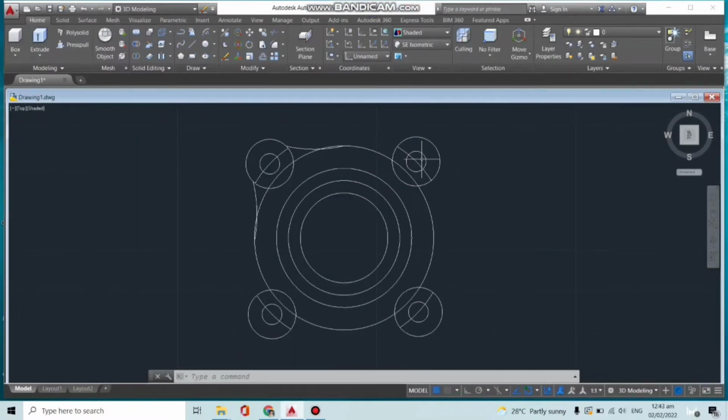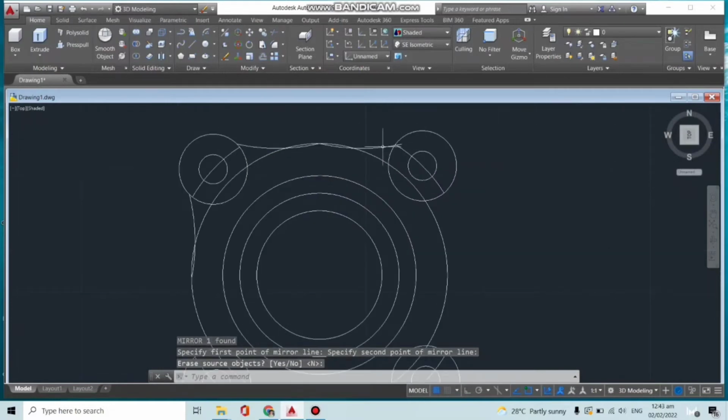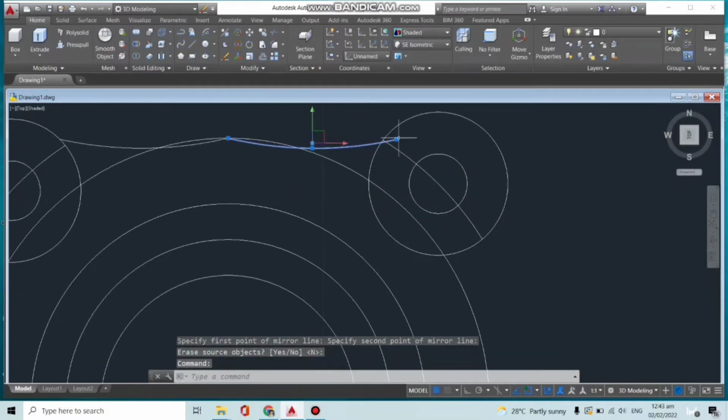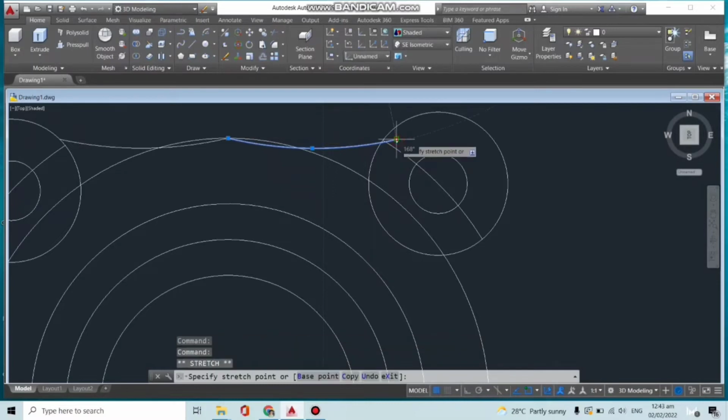So let's do it on the other side. Highlight the object, and then enter the command key for mirror, then enter, specify the center point and the intersection, then press enter, and then edit the object, highlight the object, click on the endpoint, then drag it on the quadrant of the circle, then press escape,